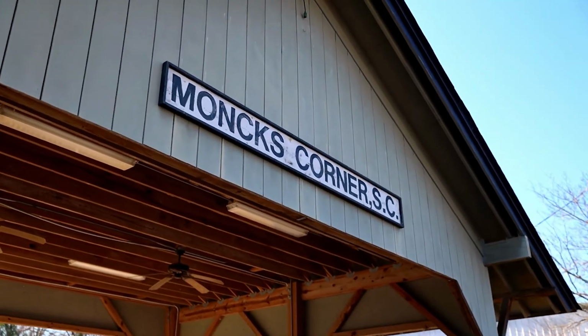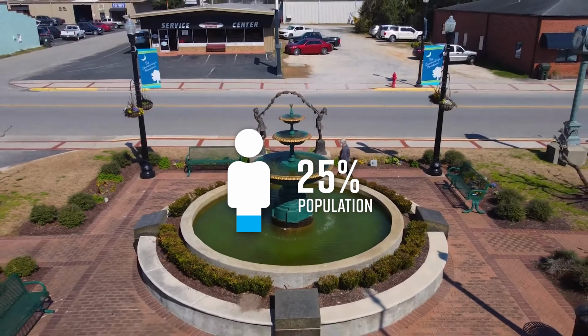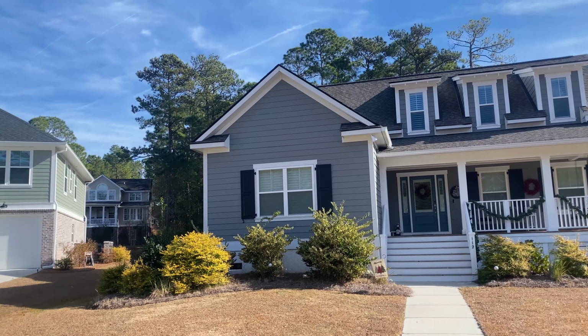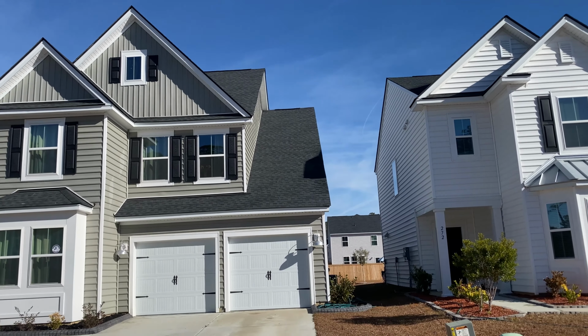Did you know that Moncks Corner is the fourth fastest growing town in the state of South Carolina? In the past 5 years, its population has grown by nearly 25%. This once quiet rural town has been transforming into a thriving suburban community within the Charleston metro. Moncks Corner may actually be one of the most affordable areas in terms of home value, and new construction here really drives the market. You can also find some of the most affordable waterfront homes in the entire Charleston metro